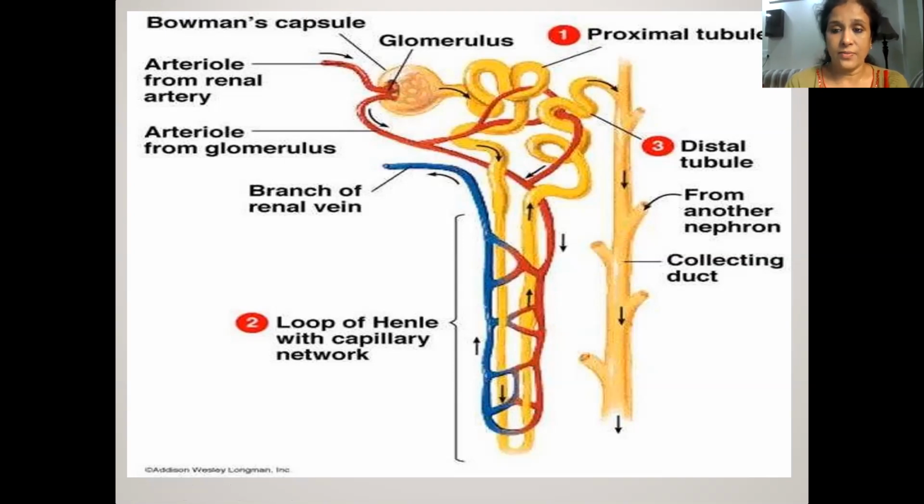Bachcho, I am saying filtrate, I am not saying urine, because there are many useful substances present here, like glucose, amino acid, sodium salt, potassium salt. A large amount of water is there. So these are not waste. They have to be reabsorbed. The first step occurs here, and it is known as filtration or ultrafiltration, because there are very minute pores in the wall of the capillary and in the wall of Bowman capsule.